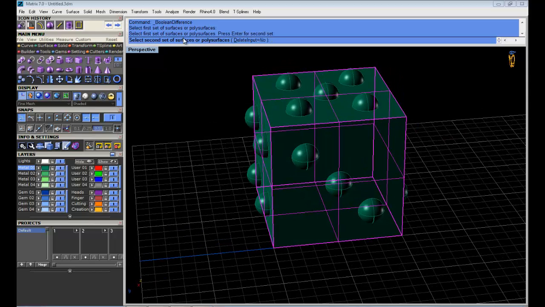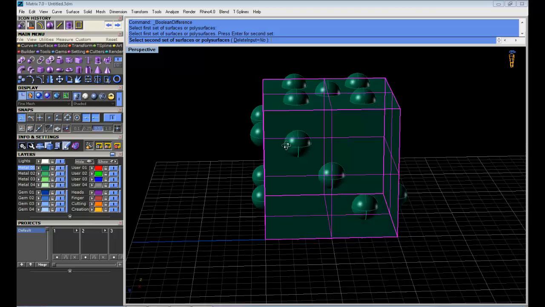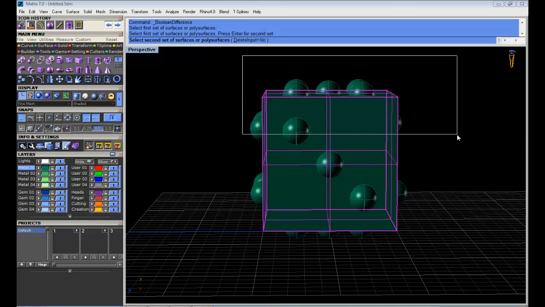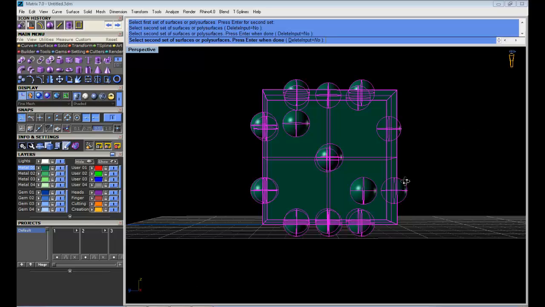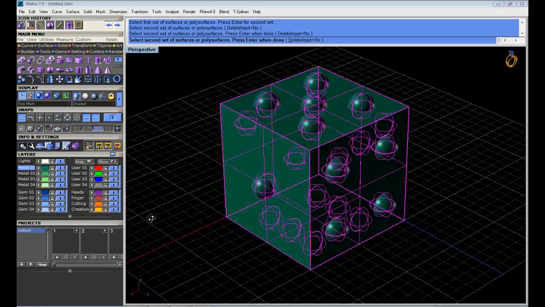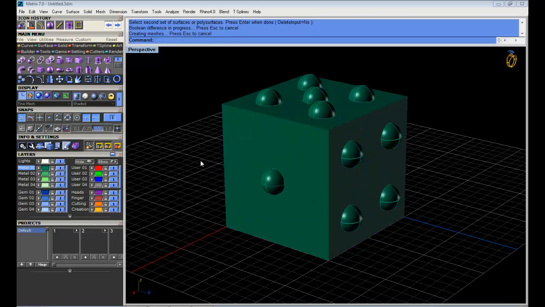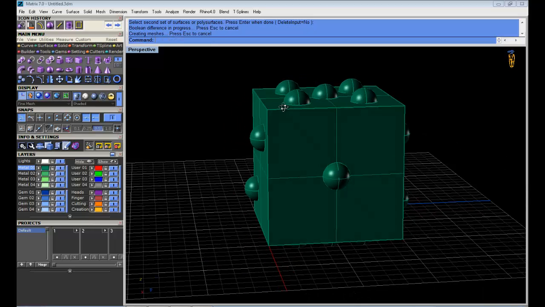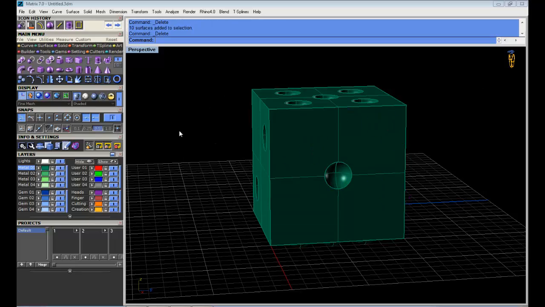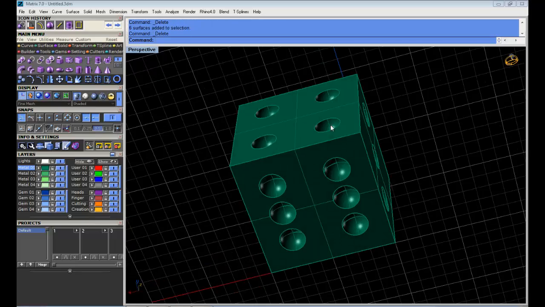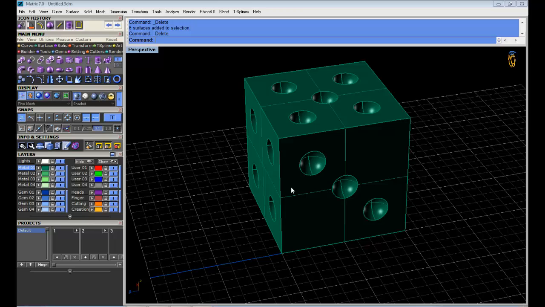And for the second set of surface or polysurface, we just need to select the spheres. So we can drag windows like this in order to select the spheres properly. Alright, then enter. Okay, and now if we select the spheres again and delete them, you see, that's why we did a Boolean difference. Alright,